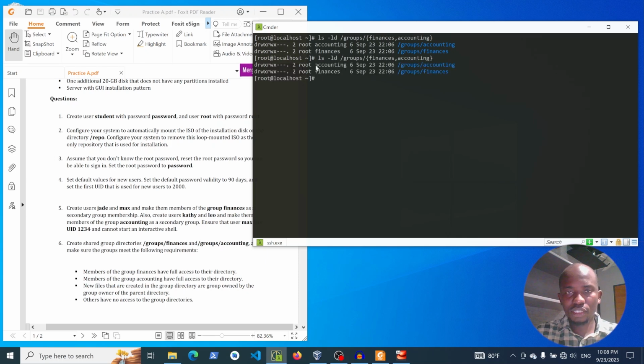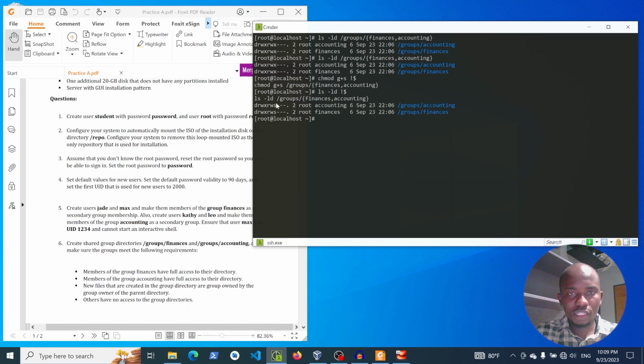So the first one is accounting and the second one is finance. So for that I must set the SGID, chmod g+s for the previous command, and if I use ls -l with the same value, you can see here there is an s, which is for the